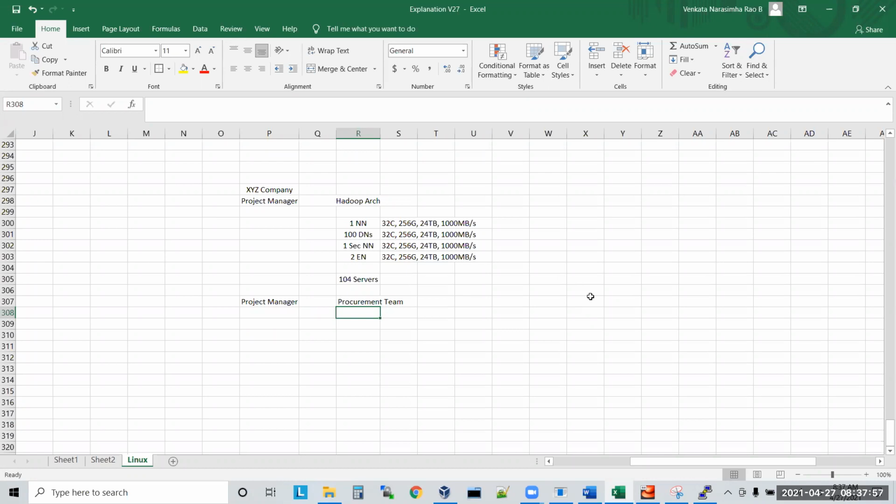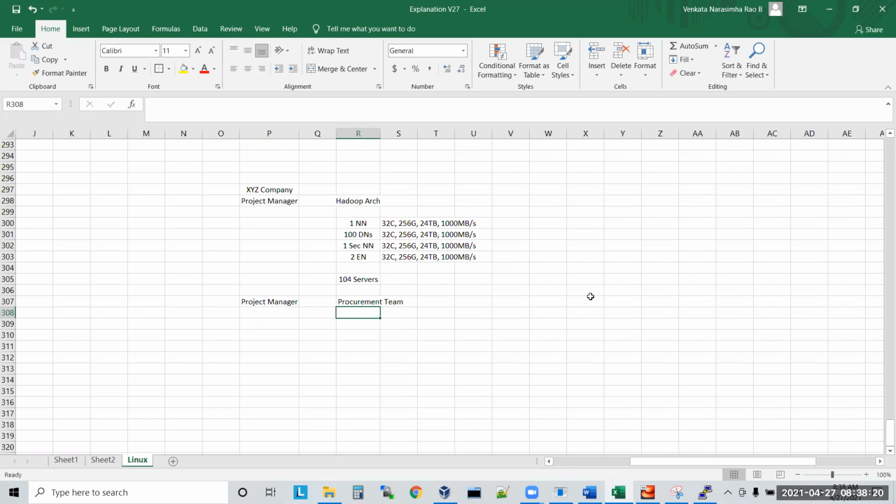Let's say I want 1,000 packs of tissues. So now they'll give the order to the tissue manufacturing company. That manufacturing company will deliver to the procurement team. Now the procurement team is the one who will be giving to the workers. Now workers will take it and put it into the toilet.